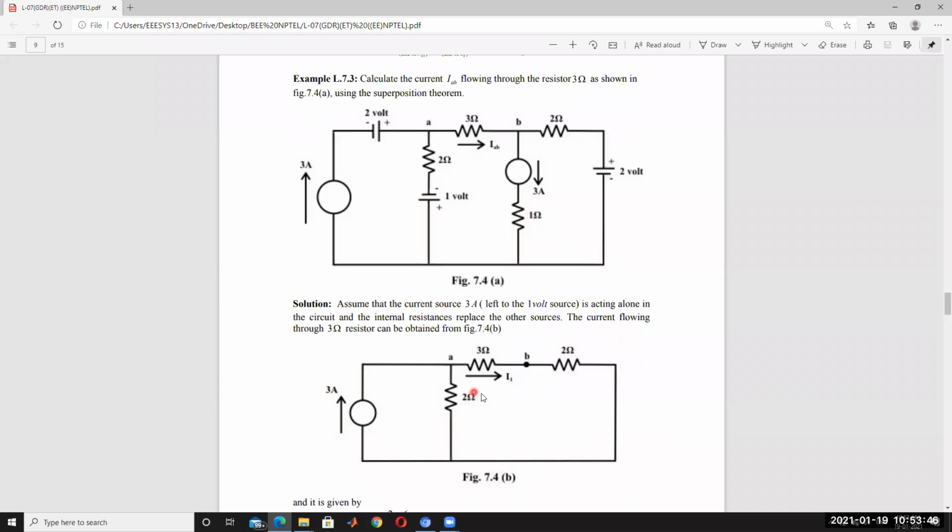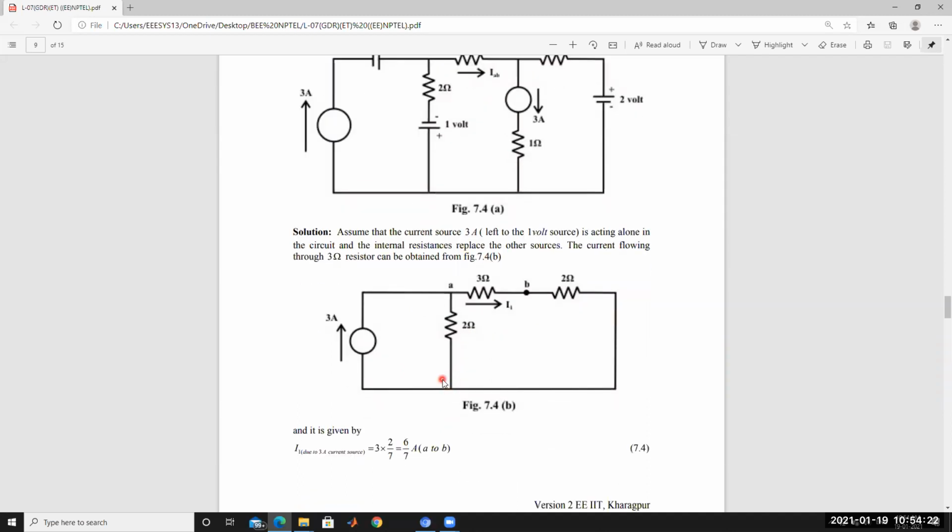So you know well how to find the current flowing through A and B. This branch and this branch are parallel. The 2 ohm resistor, and 3 plus 2, since the current is the same in series, that's why it is a 5 ohm resistor. The current here is the same, that's why the I1 current does not change. The current flowing through the 2 ohm resistor and through the 3 ohm resistor is the same. Current is dividing only here, between the 2 ohm resistor branch and the 5 ohm resistor branch, 3 plus 2. Current is dividing according to the current division rule.